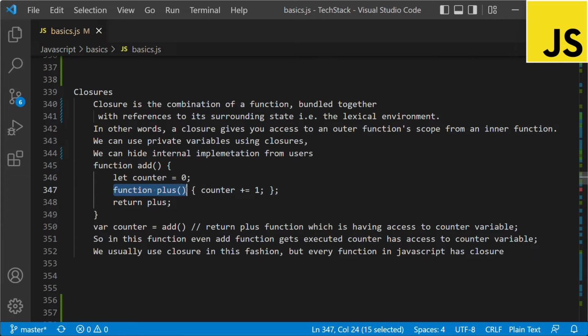We have declared the inner function plus, which will access the variable from the lexical environment, and it will add one. And when we call the add function, this function will return this plus function. As we see here, by calling the add function, this returns the plus function, which has access to the counter variable, which is lexical for this add function. So even after the add function gets executed, the plus function has access